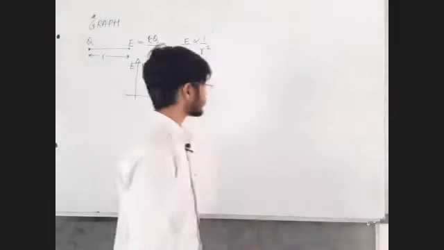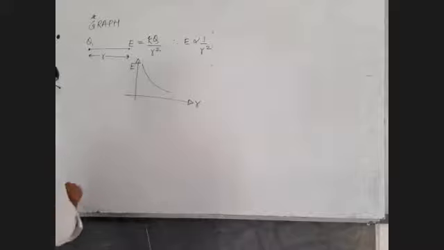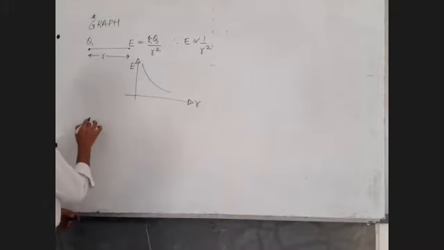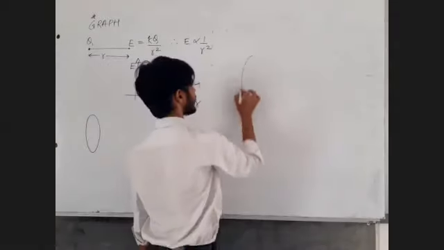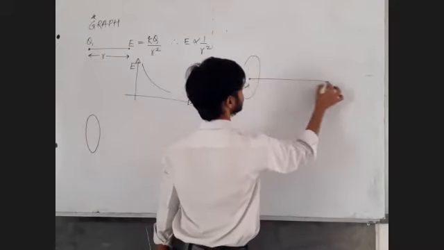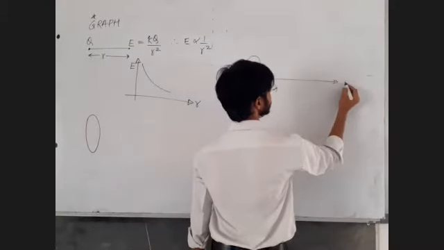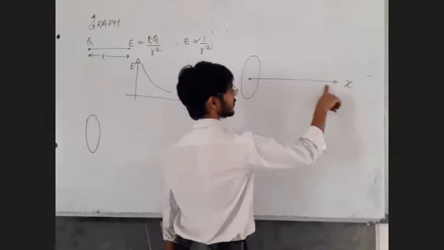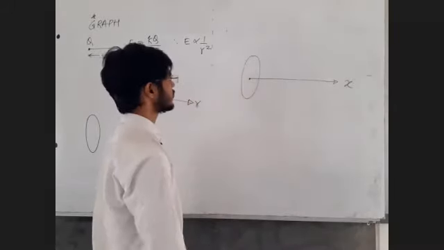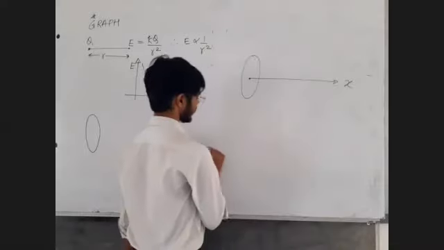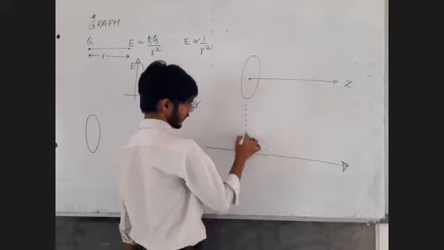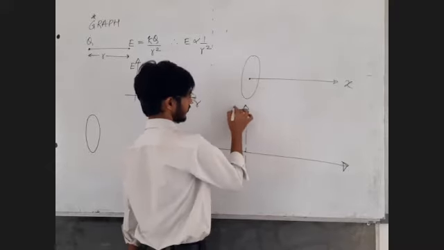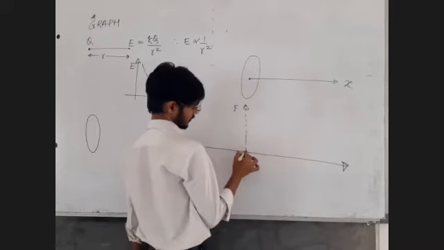Fine. Now let us try to draw the graph for this equation. Now we do not have a point charge. Now we have a ring. This is the distance on the axis x. At any given point on the axis, we have to plot the electric field. Let us plot. At x equal to 0, what is the electric field? x equal to 0 means center of the ring. At the center, electric field is 0.